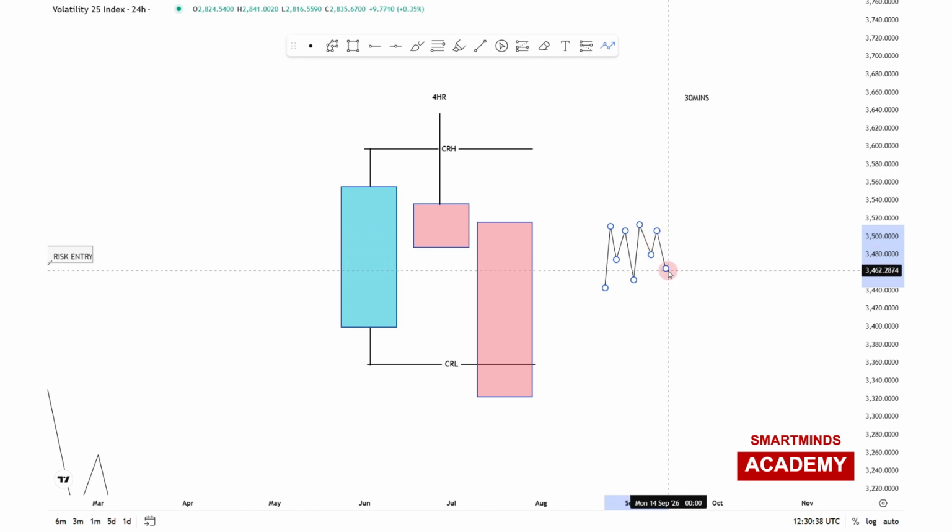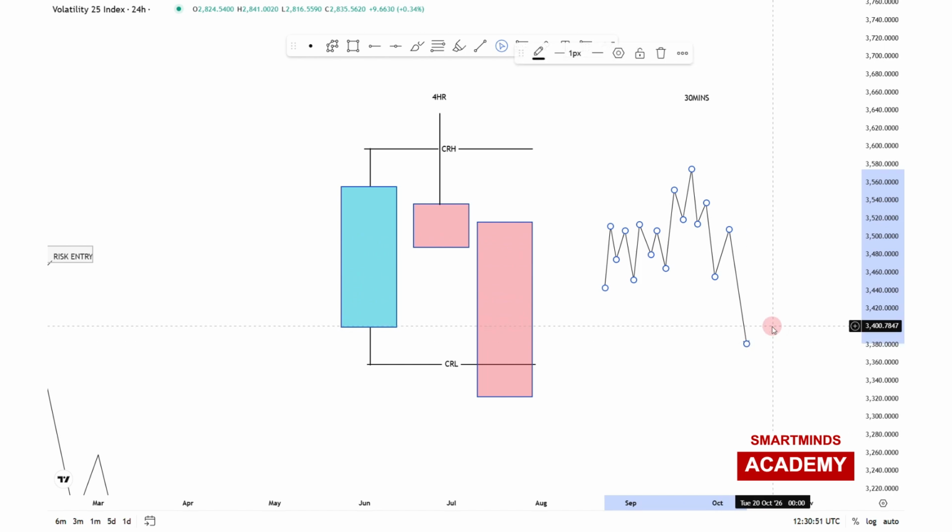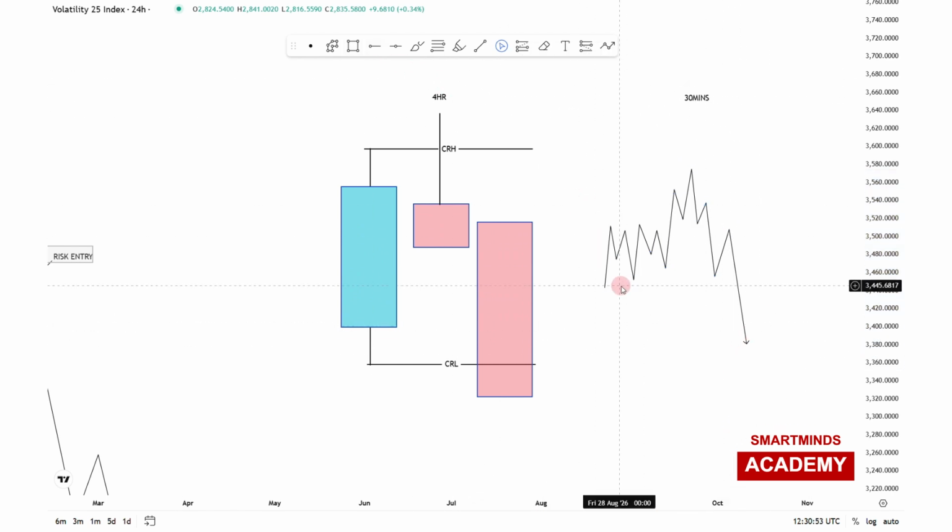Then the second candlestick is going to manipulate the high of the range candlestick. Now we're going to have a push to the upside, but later we see the price dropping back into the range, and then it's going to take out the range low. That is what you're going to get as your A for accumulation,